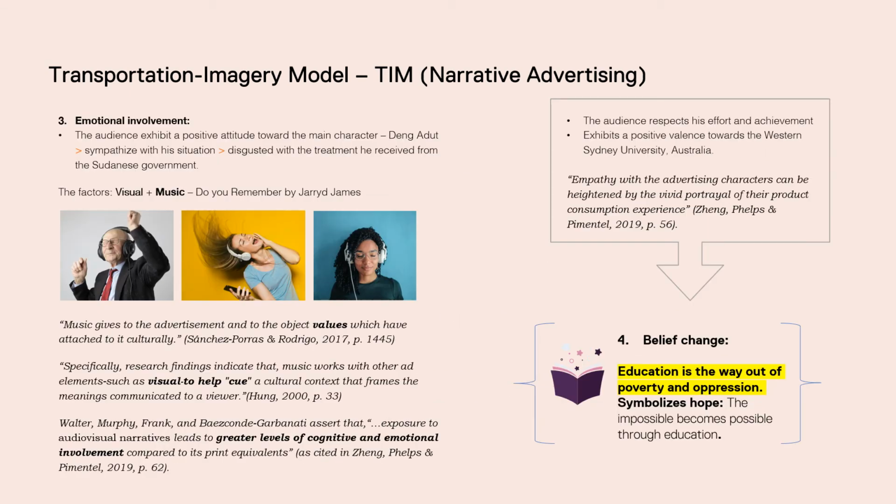Next is emotional involvement. So let's see how this ad actually made emotional involvement possible. One of the factors we notice in this ad is that it uses visuals to emphasize significantly the hardship faced by the main character. In the process of unfolding the narrative, the audience will start to exhibit a positive attitude towards the main character, sympathize with his situation, and feel disgusted with the treatment he received from the Sudanese government, which leads him to escape